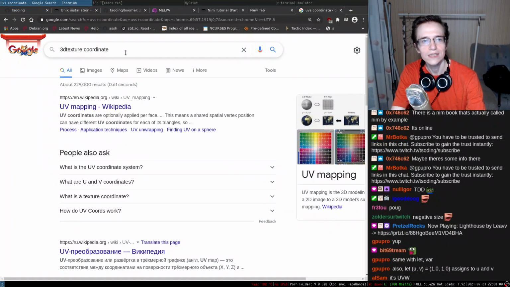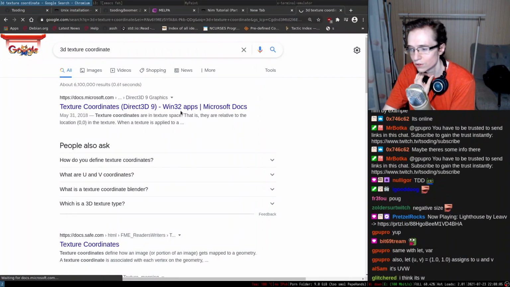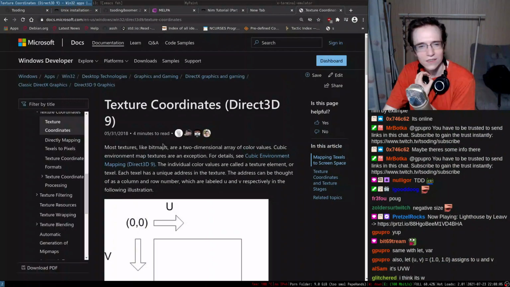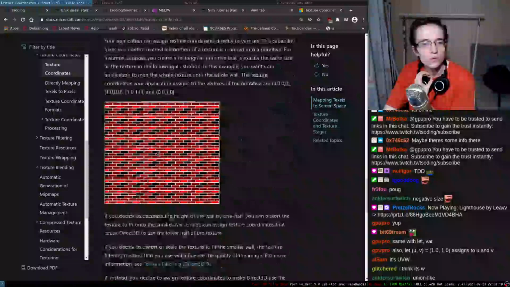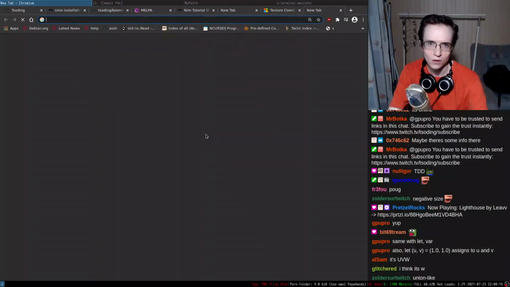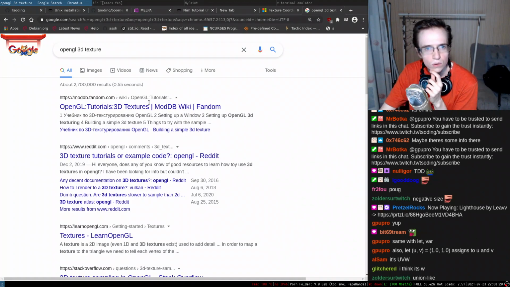Texture, 3D texture coordinates. I don't think it's W. I think it was S. Okay, so let me see. OpenGL 3D texture. So 3D texture.